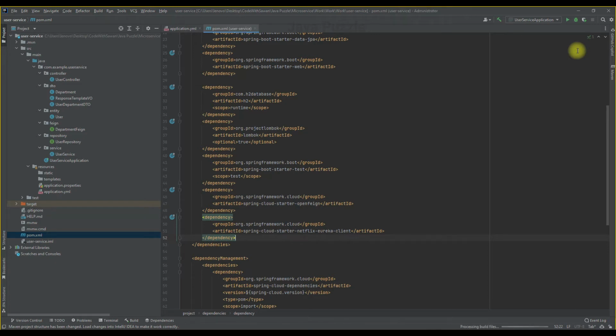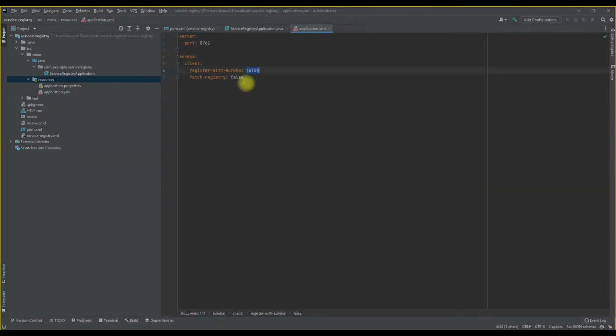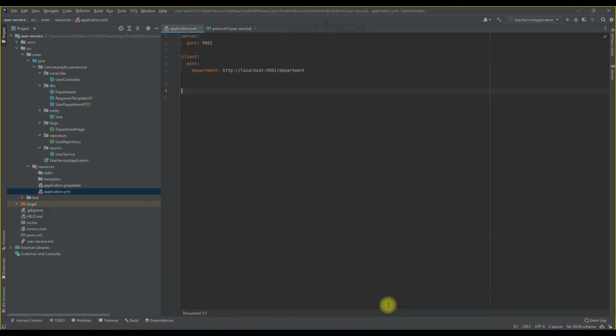Then we have to add the Eureka details in the application.yml file. I just copy from here and paste it here, and we have to make it true. If we make it false, you will not be able to see it.